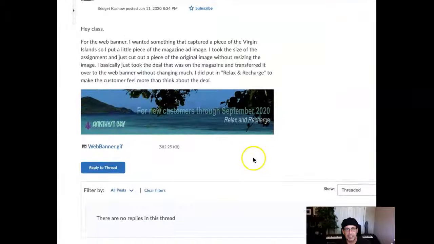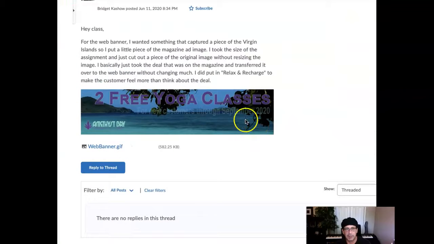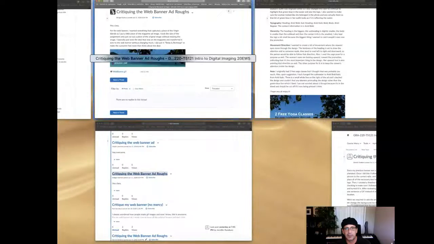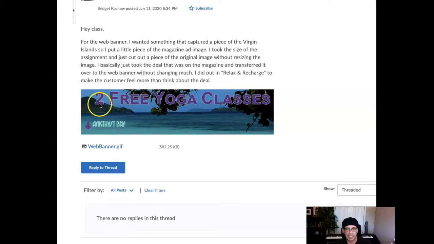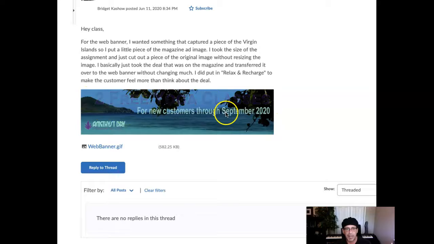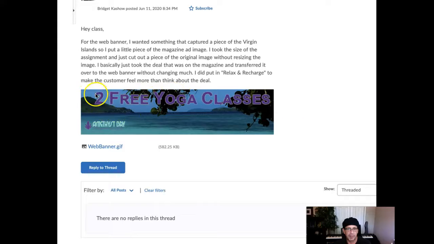And then finally, as the ad is a little dark, I think the 2 free yoga classes, you really want to reduce the size because you want a good symbiotic relationship of image and type. So you want to reduce the size of all of your type. Now, don't forget headline, Arial bold, subhead, Arial bold italic. Watch my cursor. I place headline, subhead, combination, something like this right here.